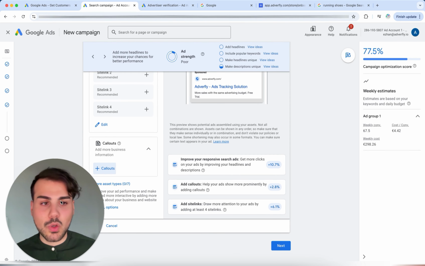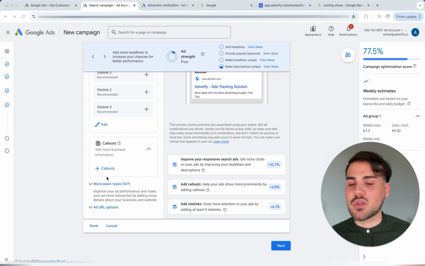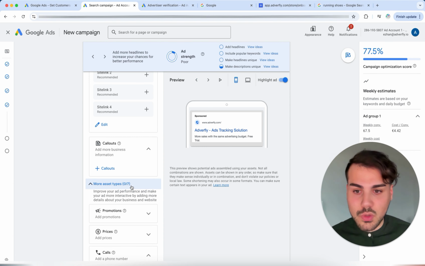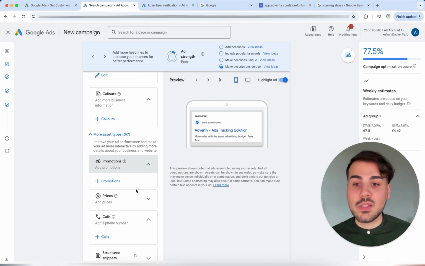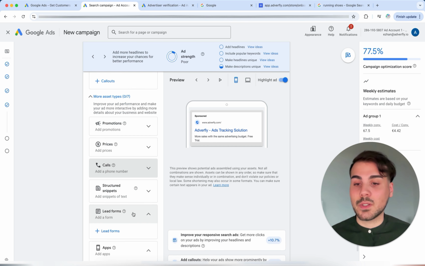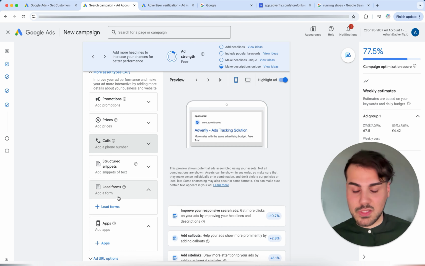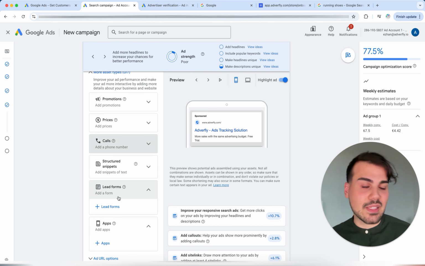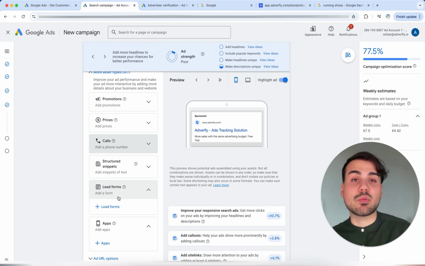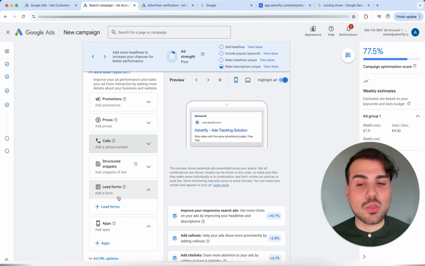If we then scroll down here and I move my camera screen to the right very briefly to see something, then of course we have more assets, Google calls it. So you can say, for example, I have certain prices that I would like to add or certain offers and discounts. I can also add a telephone number and I can even add a lead form here, as we can see. So you always have to see what you can take. But my recommendation here would be, if it is the first search campaign, that you leave it as standard and then you can test it later, because maybe you know that from yourself. How often have you, e.g., seen a lead form? So you can do experiments in peace later when you make more profits with Google Ads and you simply have more testing budget.